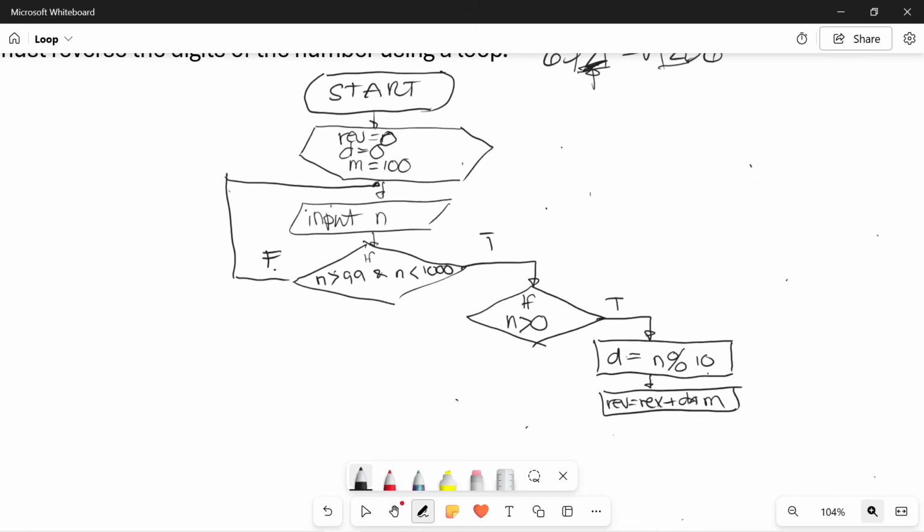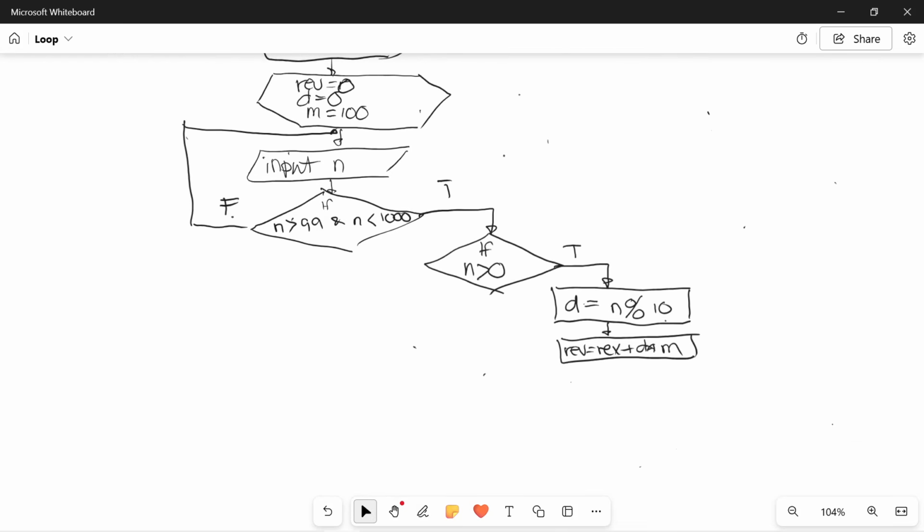So what is the value of d here? Okay, if it's 2, we multiply it by the value of m, so that would be 2 times 100, that would give us 200, and store that value to the variable rev, or the reverse value, which has currently a value of 0. So adding the 2, it will give us the hundredths place of the new number. Then we